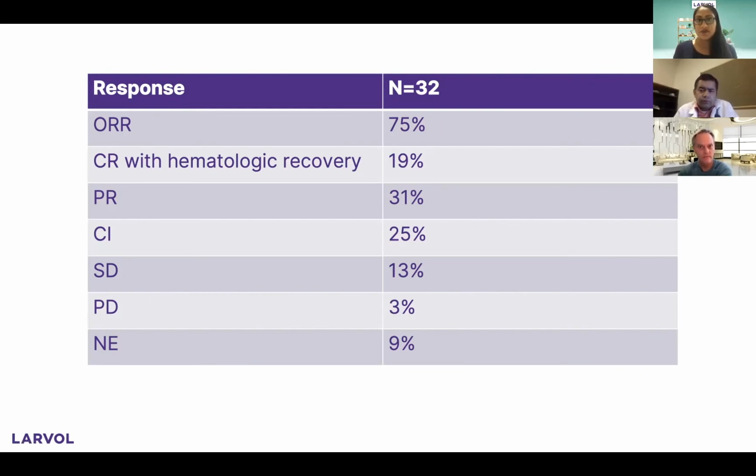Dr. Duckel, going over to you, very broad question, but do you expect this to be practice changing? I definitely think so. I have a few patients with systemic mastocytosis, and the struggle we have is there is no effective therapy. And as Ola pointed out, it can be very interfering with the quality of life with a lot of symptoms. These patients have bad skin, and whatever you apply doesn't get better. A lot of systemic symptoms, constitutional symptoms. So it's pretty bad, and there is no very effective therapy the patient can take